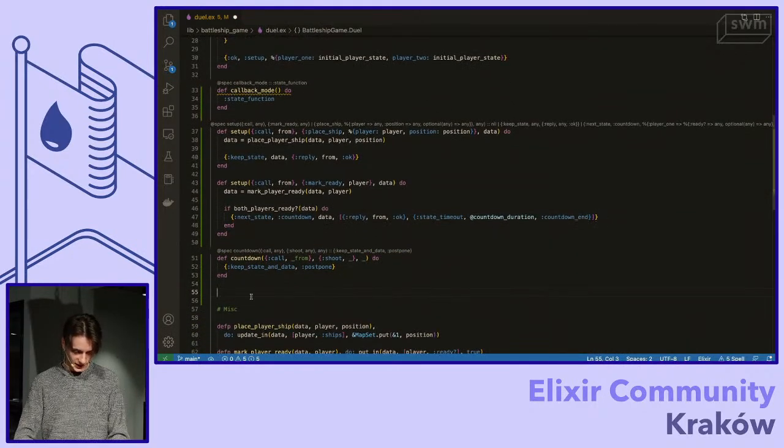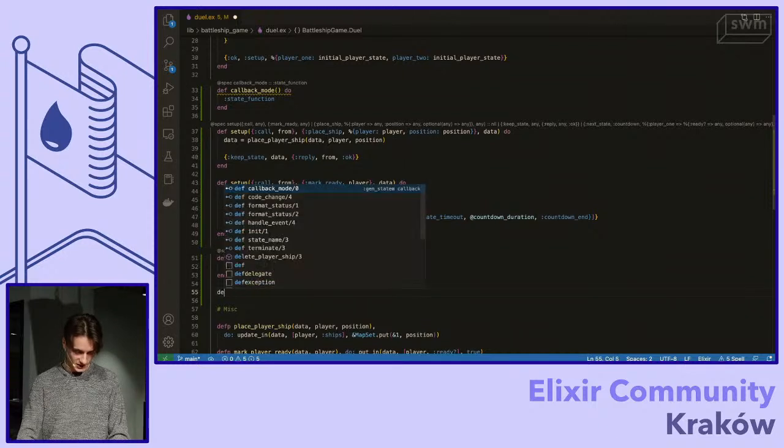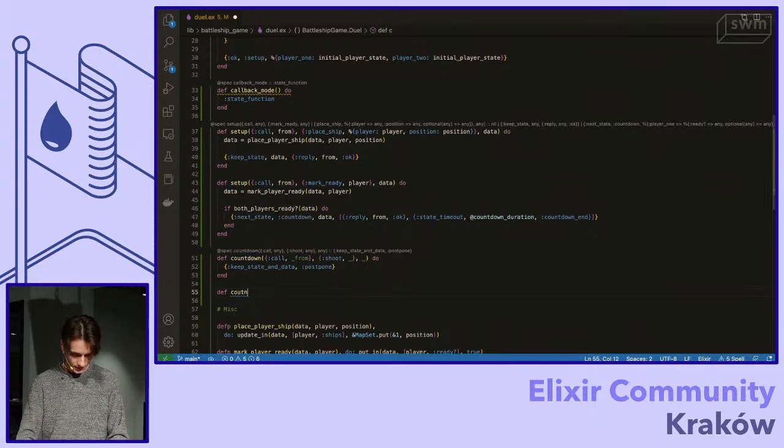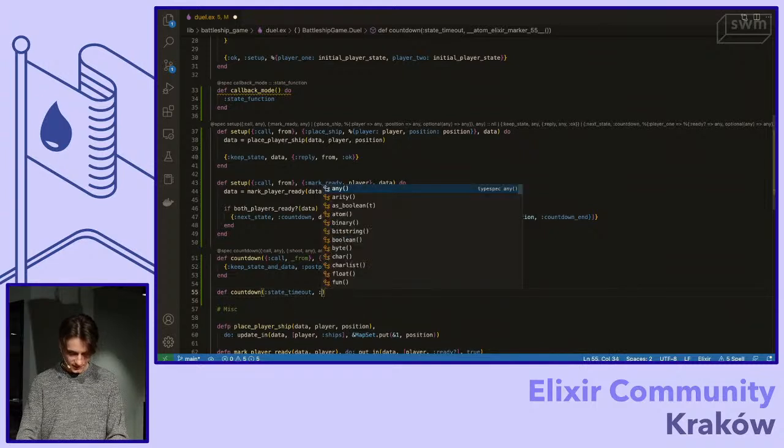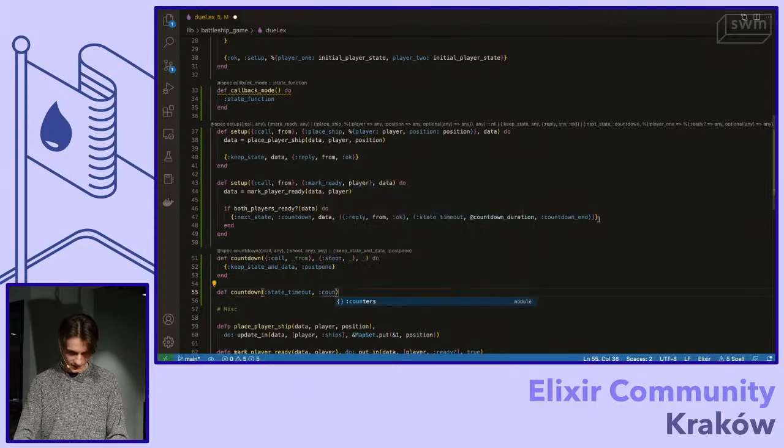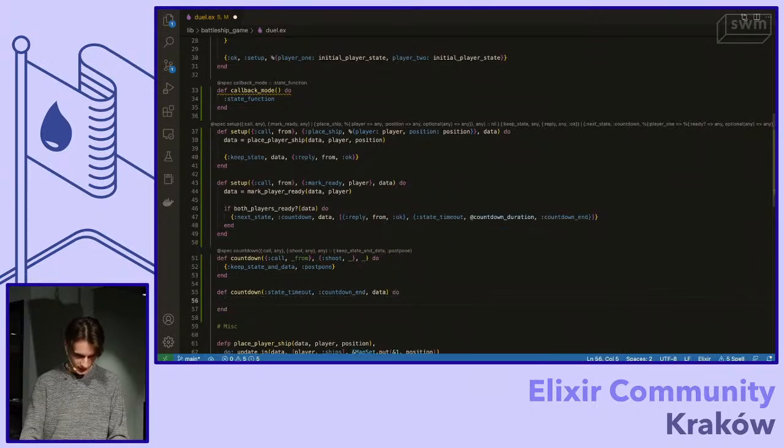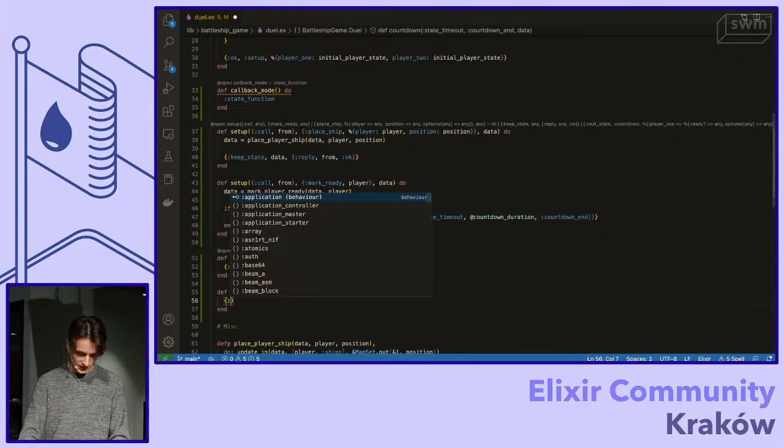Now let's handle the timeout. So let's handle the countdown to game change. So def to handle the timeout, we're setting the first argument to state timeout, matching the first argument like that. The second argument is going to be matched to the event data, so countdown end, and of course data. And now, so we're changing the state. So next state,